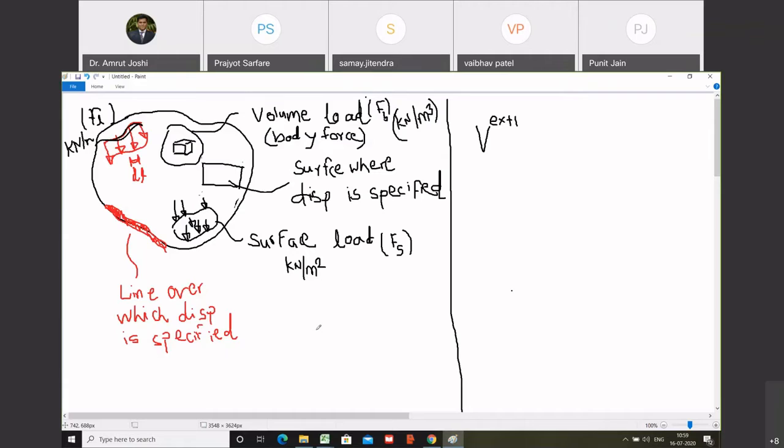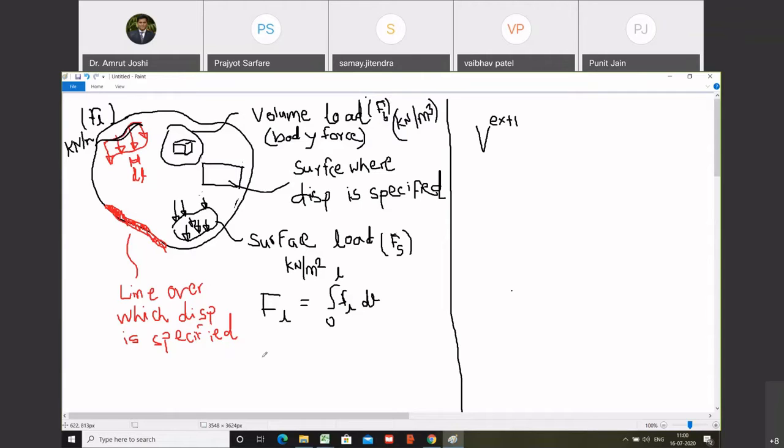So how do I obtain the total force corresponding to this? I will consider a small strip of length dl. Do you agree with me? Yes, sir. And the ordinate Fl at that location multiplied by this dl gives me the small force corresponding to this dl. If I integrate it over 0 to L, I get the total force. That force I will call capital F, the total force corresponding to the line load. This is small fs, this is small fb.